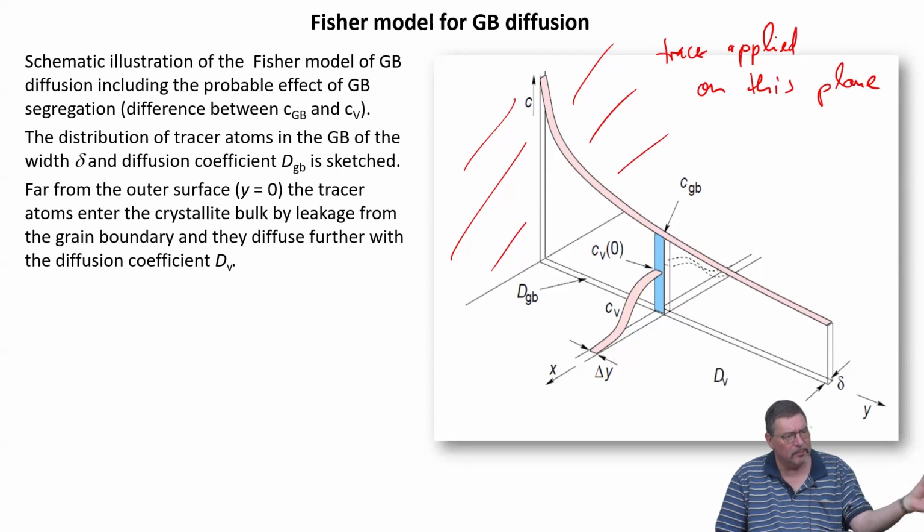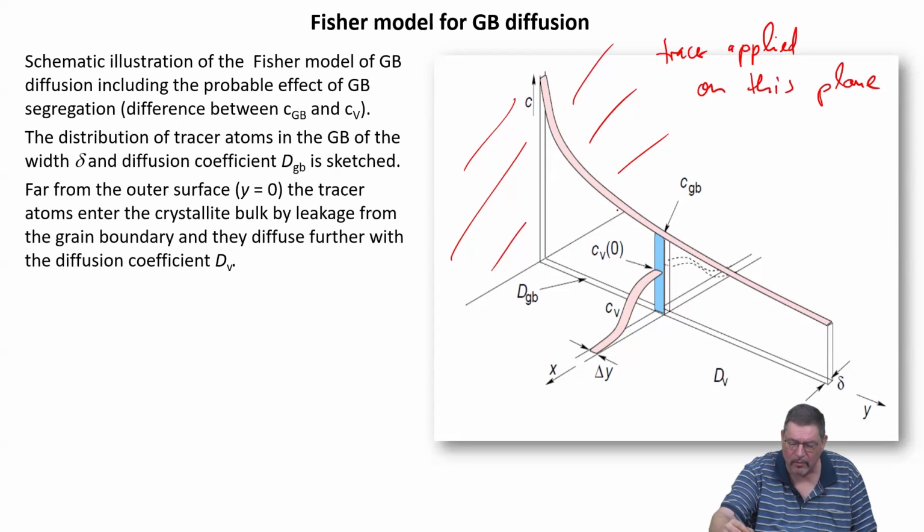But let's say we keep conditions of low temperatures and short times, so that volume diffusion doesn't play a role, but grain boundary diffusion still can proceed. Then it would diffuse along the grain boundary plane, and you would probably get a diffusion concentration profile as outlined here. It's high at the boundary, at the plane where you applied the tracer, and then it's decaying according to some exponential dependency. But if we now do this experiment at intermediate temperatures,